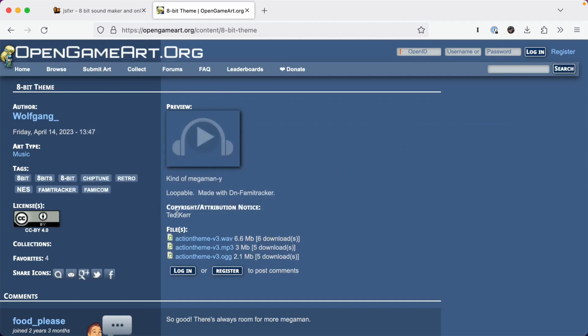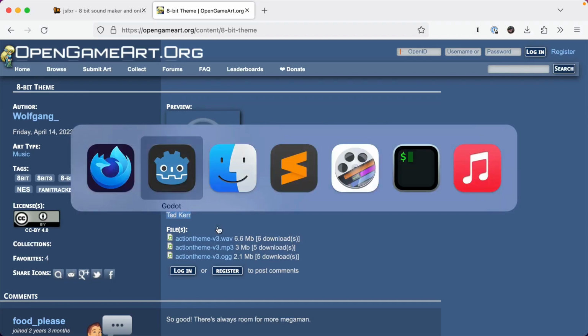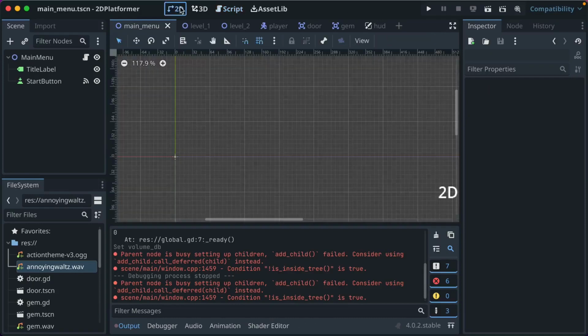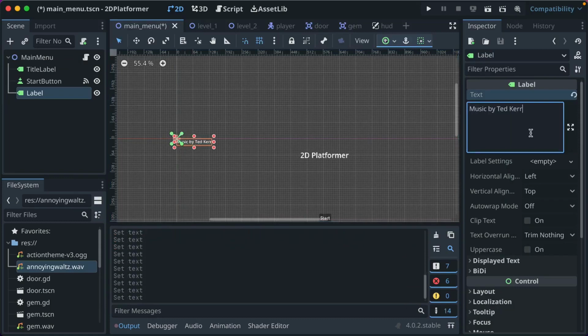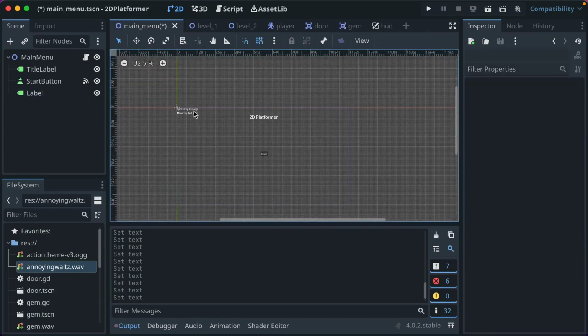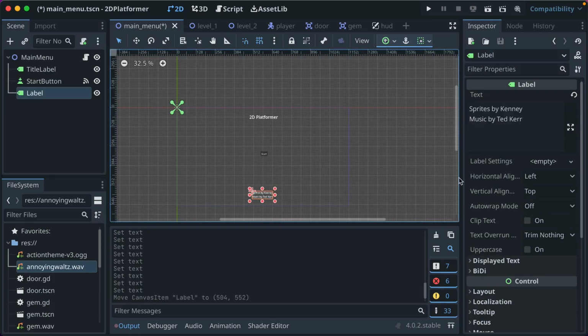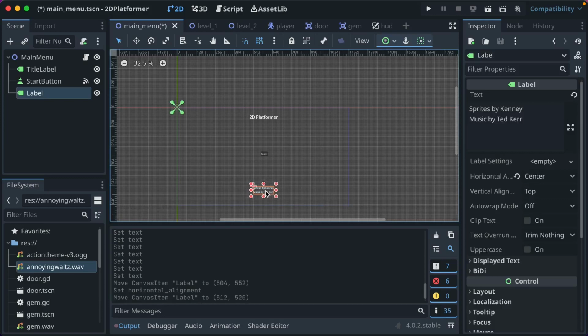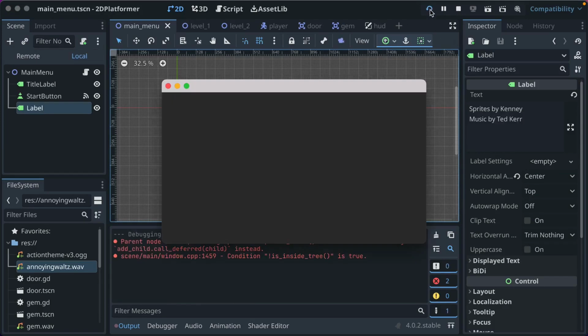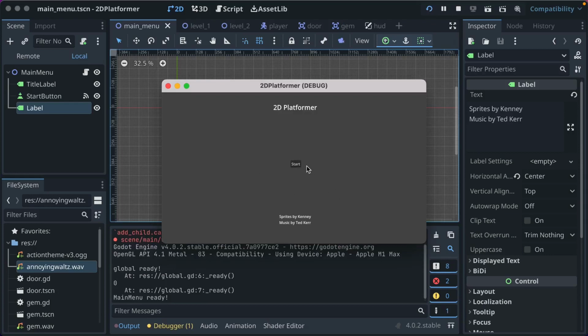Let's make sure we give Ted Kerr credit. So I'm going to copy their name, and then in our main menu, we'll go to 2D, we'll add a label, and we'll just say music by Ted Kerr, and we'll also say sprites by Kenny. Even though the Kenny assets are public domain, I really like to give credit. Even if credit is optional, it's really good to be in the habit of giving credit to people. I really think it's super generous that people make these free assets to use in games. So we've got sprites by Kenny, music by Ted Kerr,